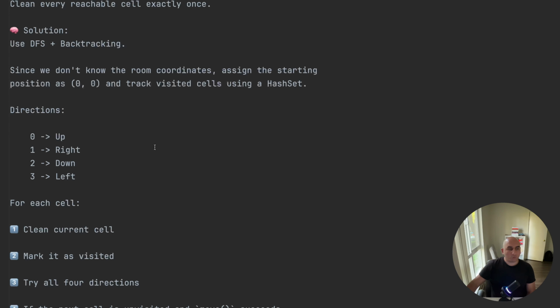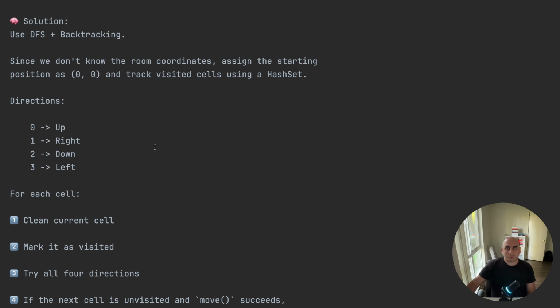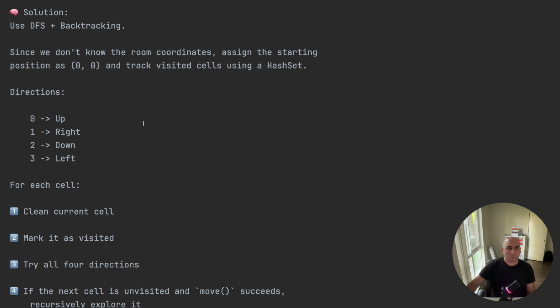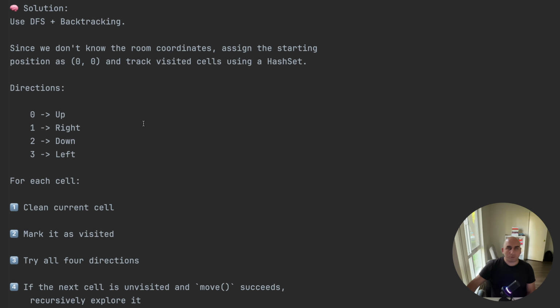So how are we going to solve this problem? Although it's marked as a hard problem, solution-wise it's pretty straightforward. We are going to use DFS plus backtracking. So what are we going to do, right? Since we are not given any coordinates, we are going to start from the 0, 0 position of the room,